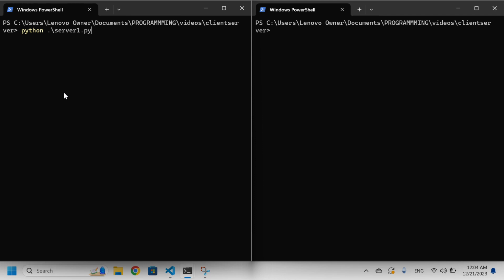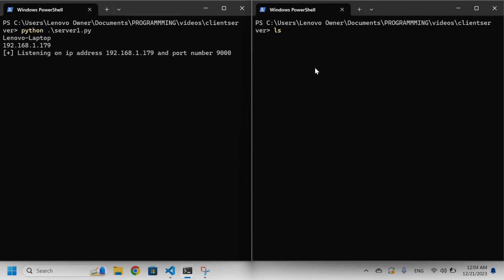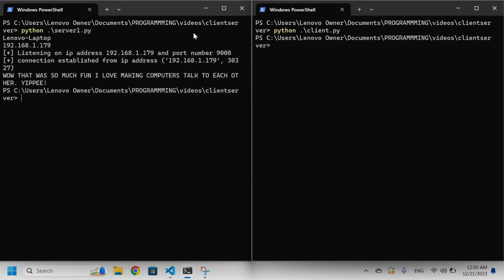Typically you're not going to run the server, I guess. You're just going to have the server up and running. It's just going to be sitting there waiting like this. So it's going to be listening on a certain port or even multiple ports for bigger servers. And it's just going to be waiting for connections. And when we execute our client, when I hit enter, the right side of the screen is going to send a connection to the left side of the screen. And we should get a success message on our left side. And we do. Connection was established from IP address